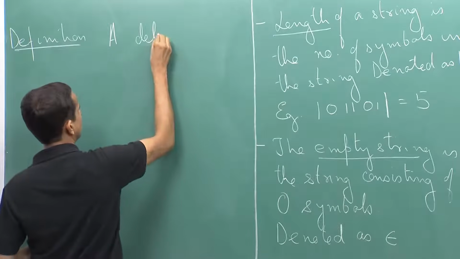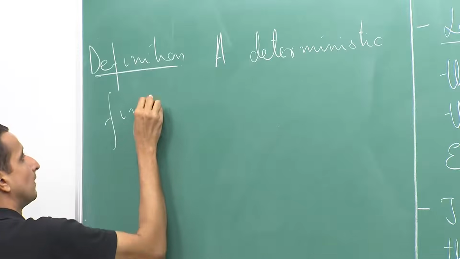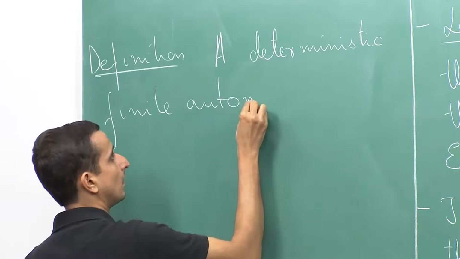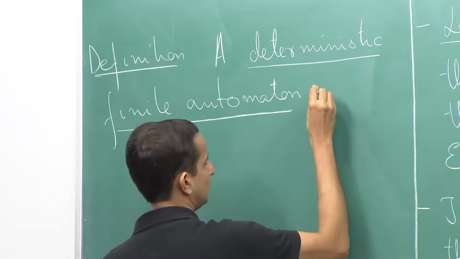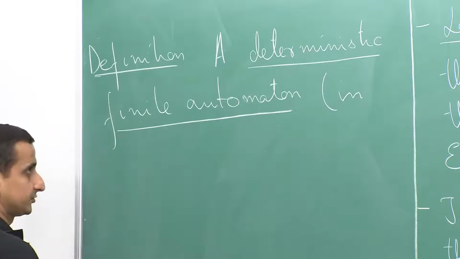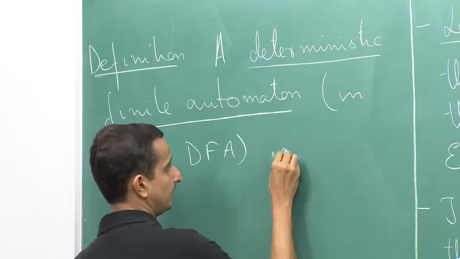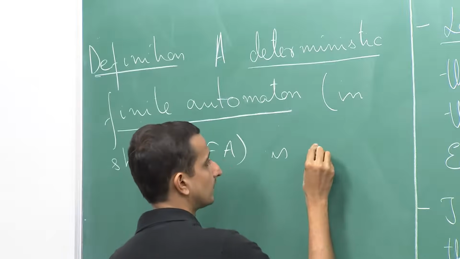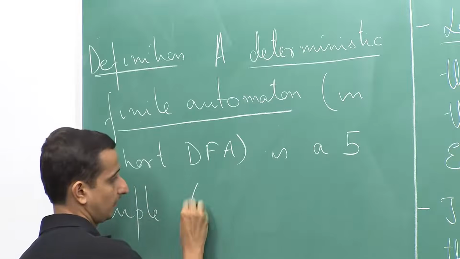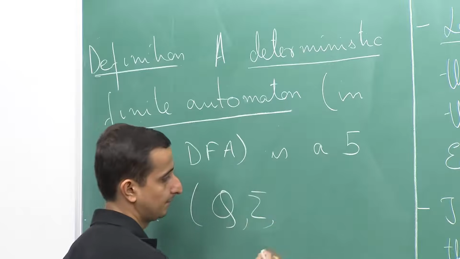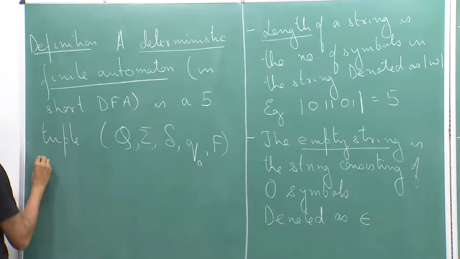A deterministic finite automaton, which we will in short refer to as a DFA, is a 5-tuple (Q, sigma, delta, Q naught, F), where